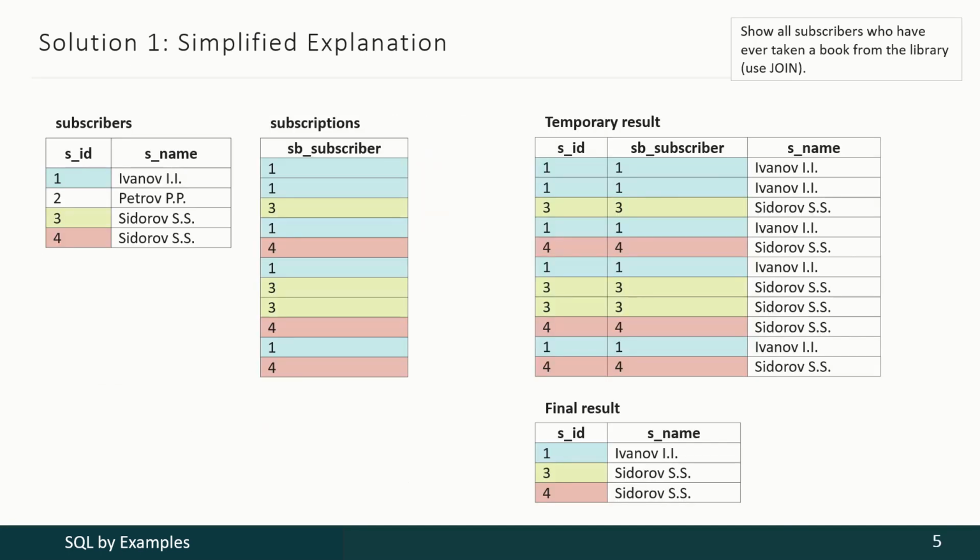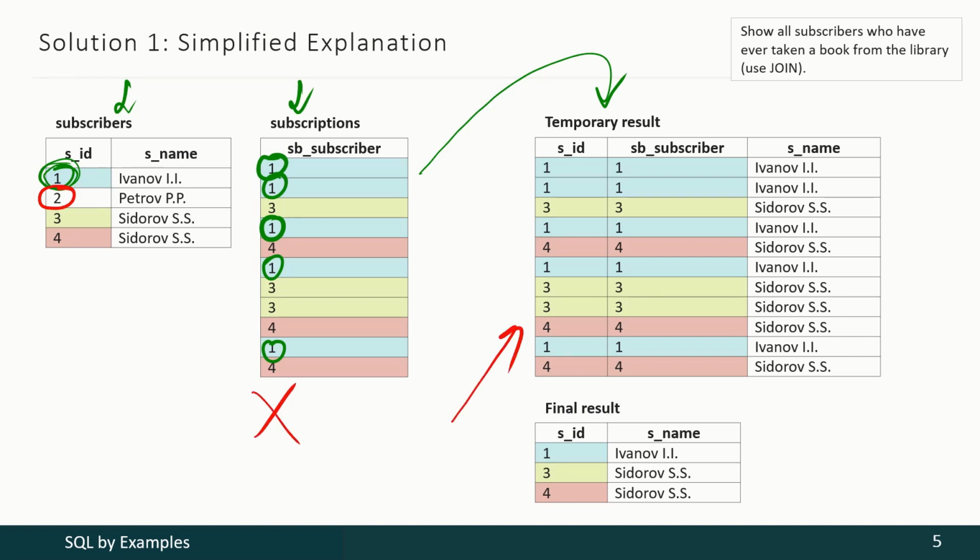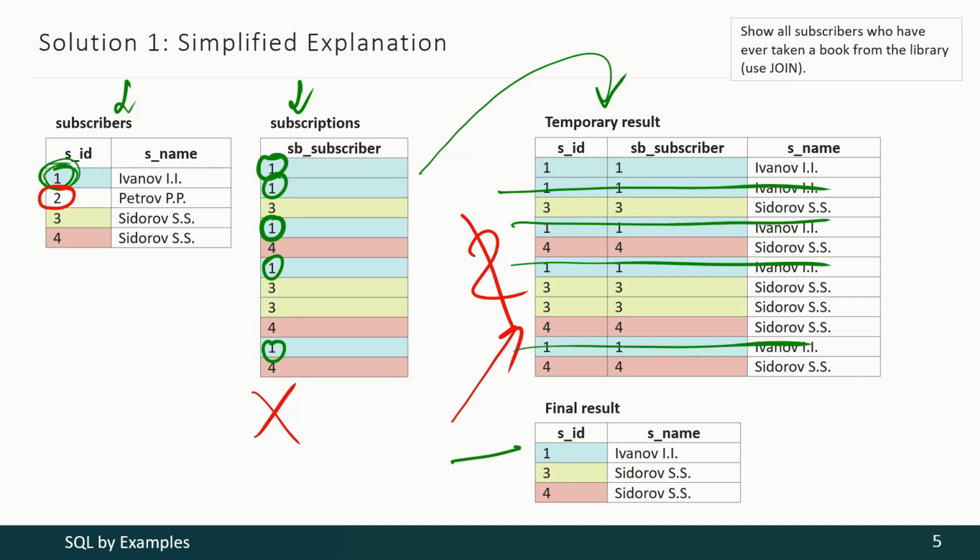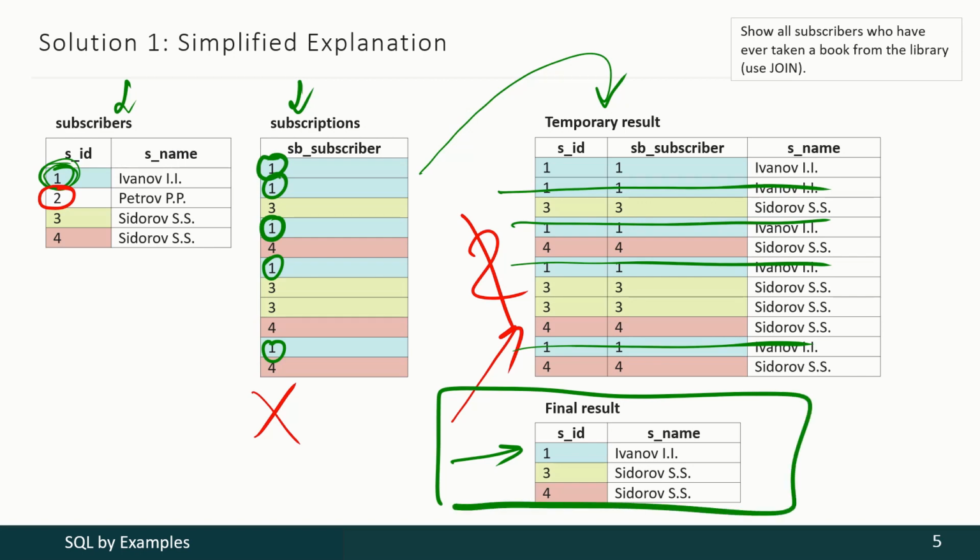The join operator looks for matching values from this table and this table. So here's the one, and here it is, here it is, here it is, and so on. And once such a match is detected, all those records are placed into a temporary result. But you may see that for this record there is no matching value here, and so there is no such record in this temporary result. Then the distinct keyword works. It eliminates all duplications, so several lines become one line, and here is our final result.